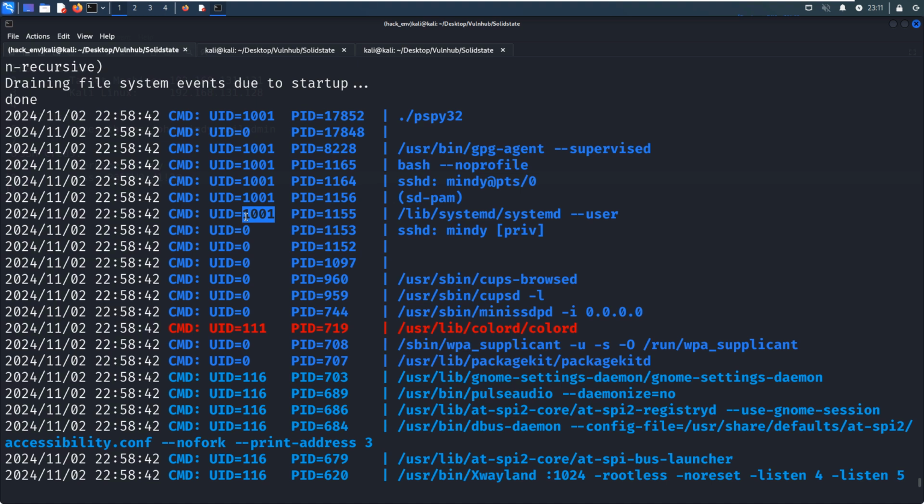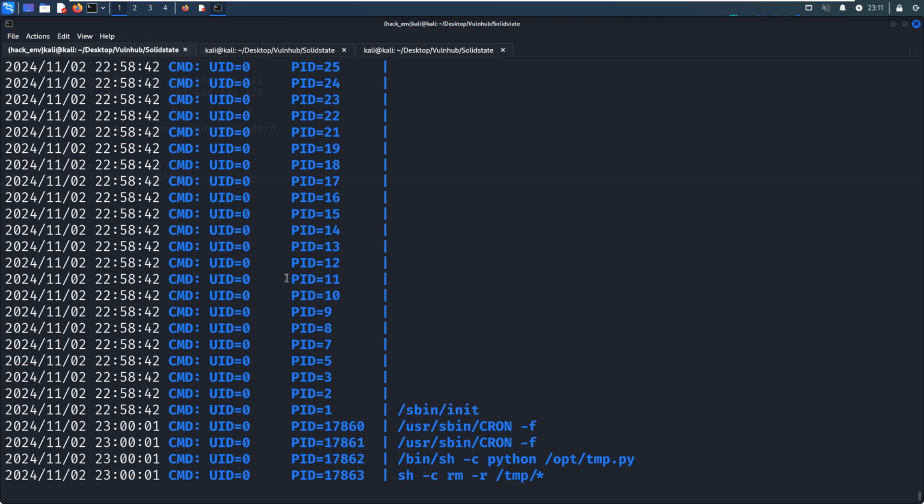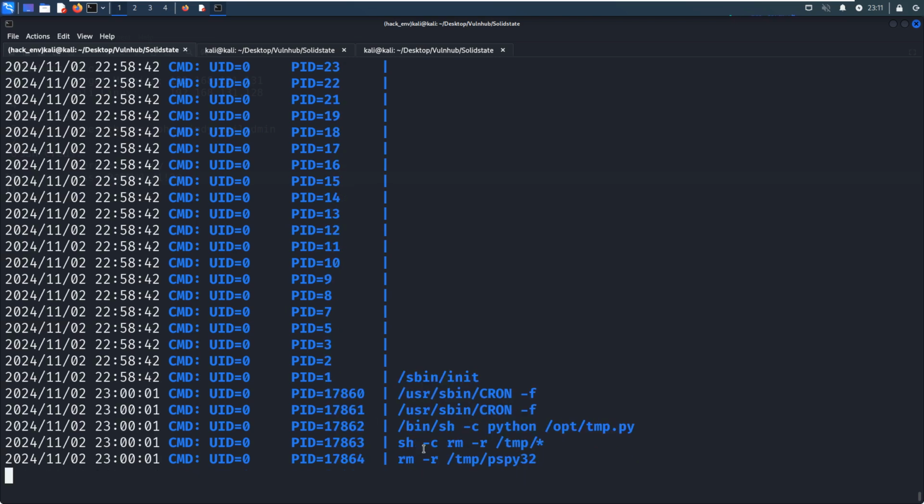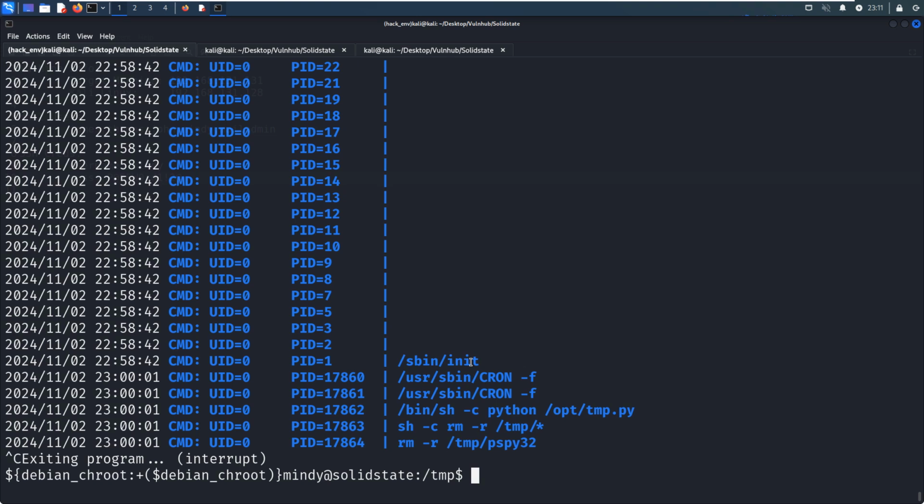Okay, this one is the user running it, I think. As you can see here, it will remove. And also here, you can see this process or this script is indeed executed regularly by the root user. We run the shell command Python. So next, to elevate privilege, we need to manipulate this temp.py script.